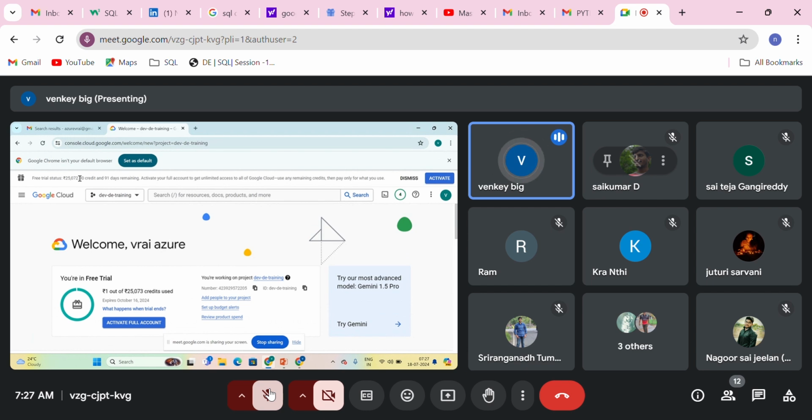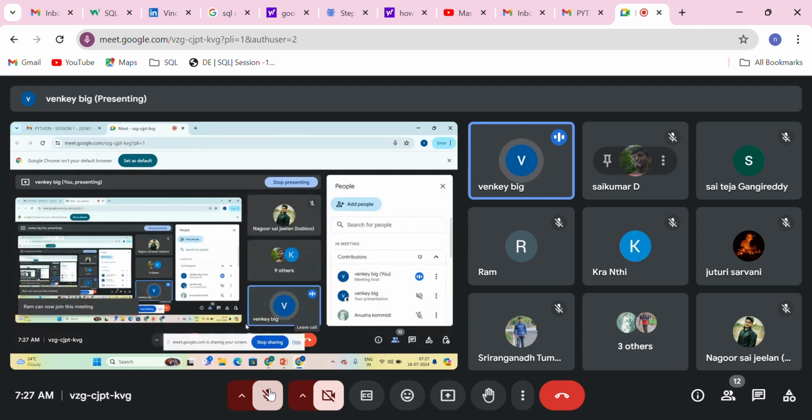Okay, so majority of the times what we do is we'll do with a free account only, because all the services that we are going to discuss, they are providing in the free account. But if one account budget got exhausted, then definitely we need to move to the next account, or we may need to use the other email ID. Okay, so how to set up this thing, right? I need someone's help because I already set up this account. I need someone's help in sharing their screen and setting up this platform. I'll guide you through. Okay.